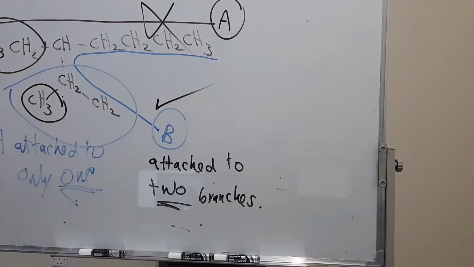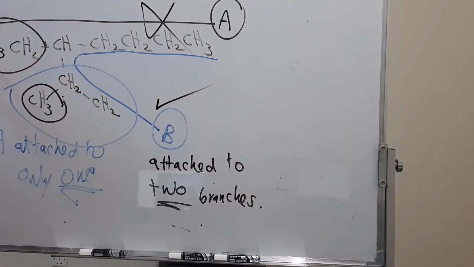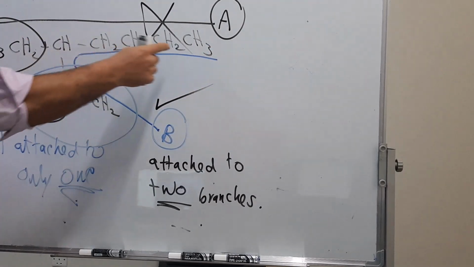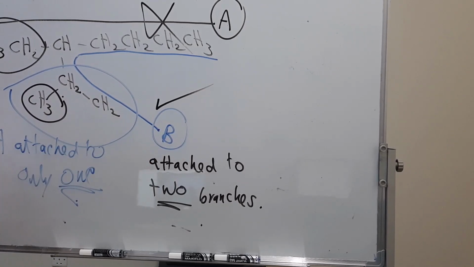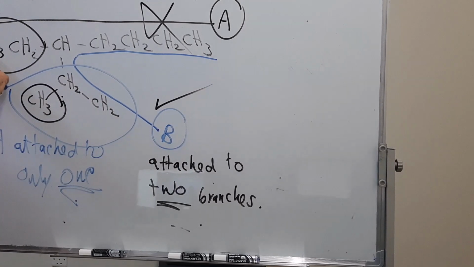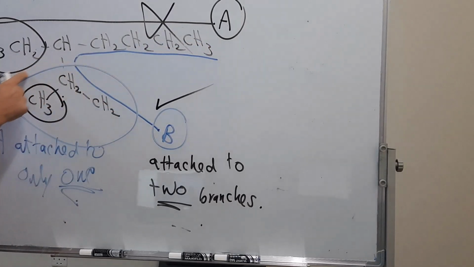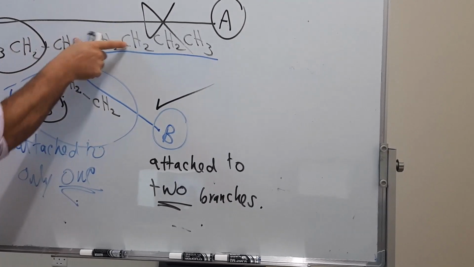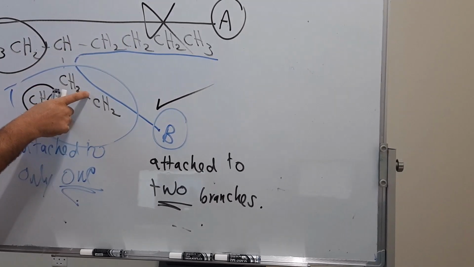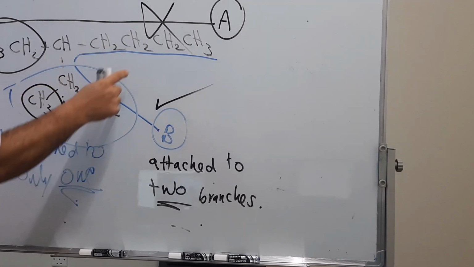In this example, I will repeat it, of course. In this example, A here, or this chain, contains 7 carbons. This chain, B chain, contains again 7 carbons. The difference between these two is that the A chain is connected to 1 branch. Do you see? Because this is not part of the chain. So we have only 1 branch. Do you follow me? While B here,